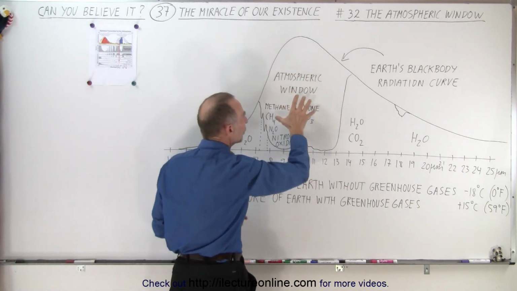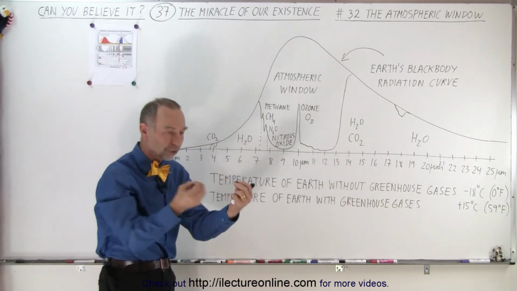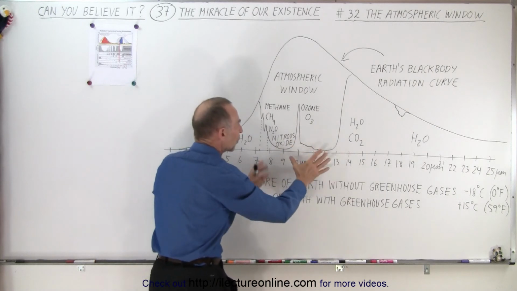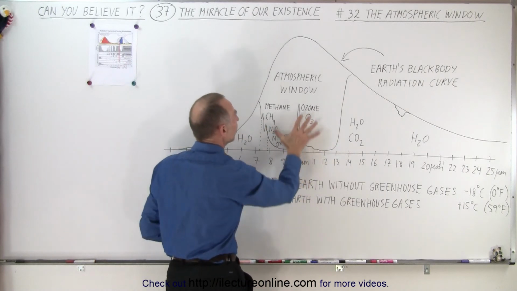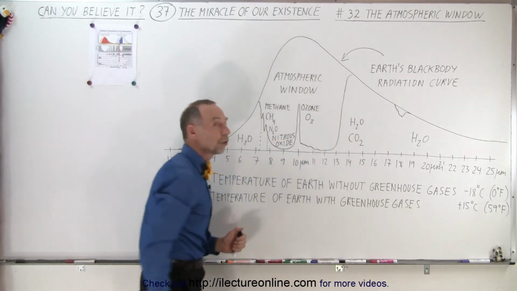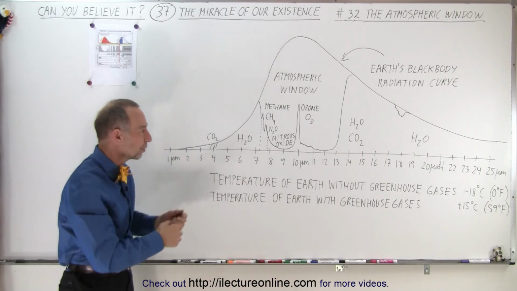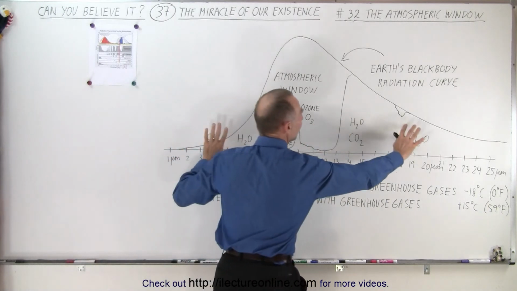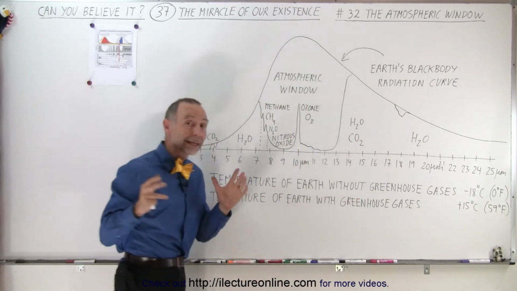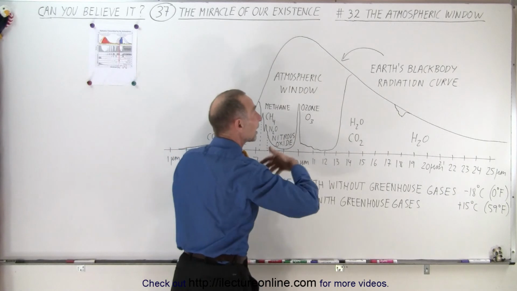to space, and that window can virtually not be touched by any of the greenhouse gases because those molecules simply cannot vibrate at the frequencies required to hold back this energy. So this energy goes back into space, and there's virtually nothing except for the ozone that is able to hold that back. So that's why we have this perfect thermostat where enough is being held back, therefore keeping the Earth nice and comfortable, and enough is going back into space so it doesn't get too hot.